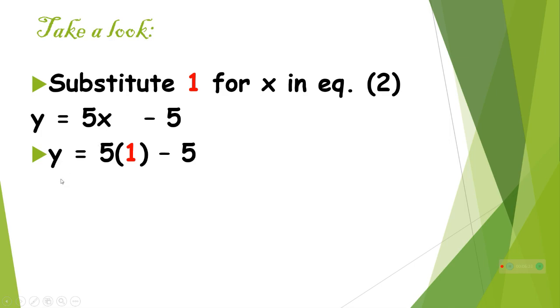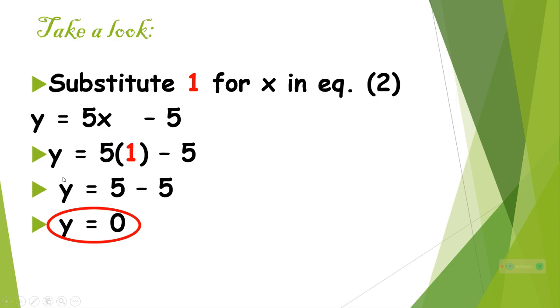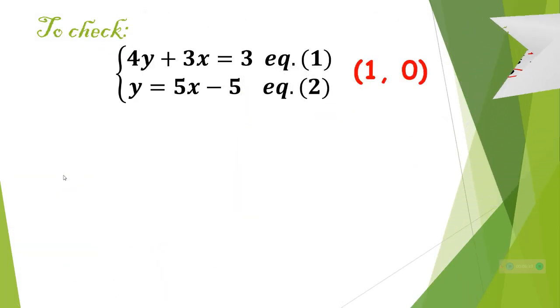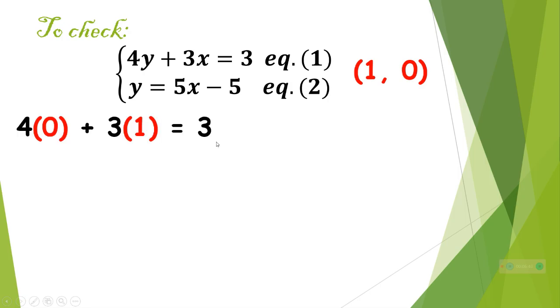Then, continue solving. So, you will have y equals 5 minus 5 and the value of y will be 0. Okay? So, we are going to check if our solution is correct. We obtained our solution, or the ordered pair (1, 0), because our x is 1 and our y is 0. By substituting, or checking on the first equation, 4y plus 3x equals 3, you will have here 4 times